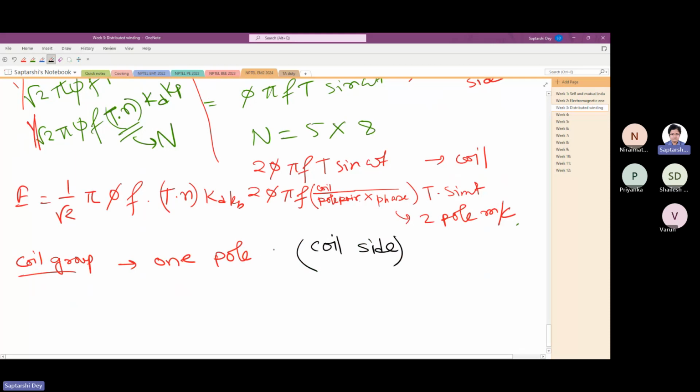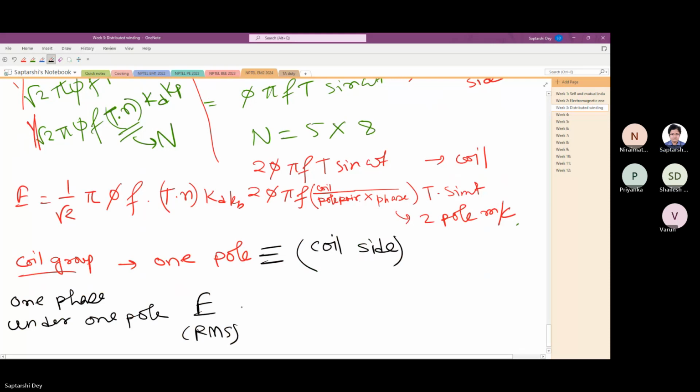Yes, sir. True. One pole. So let me write like this. So for one phase under one pole, the total EMF RMS will be given by 1 by root 2 pi flux density, flux per pole, frequency, number of turns times n